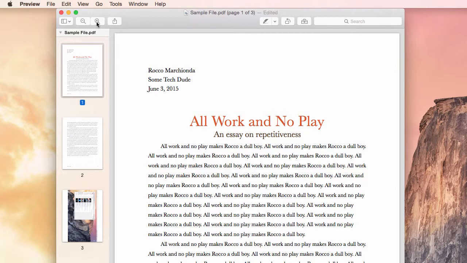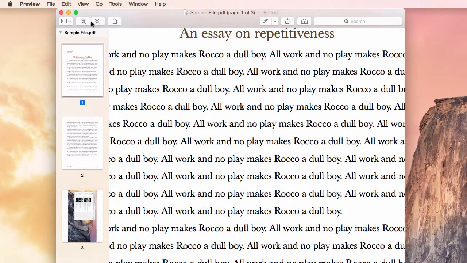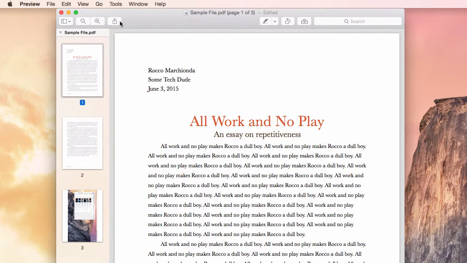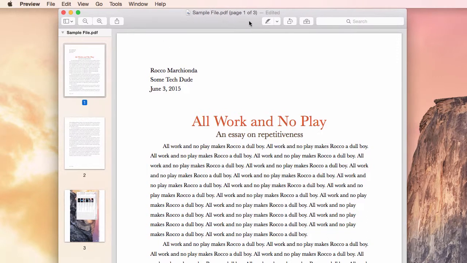Of course, this is the zoom in, zoom out. This is the share button, just like in iOS. I can use the built-in mail app to send it, messages, or AirDrop it to another computer on our network. Right here, I can do some highlighting. So if I take, let's say, the green, I can highlight things